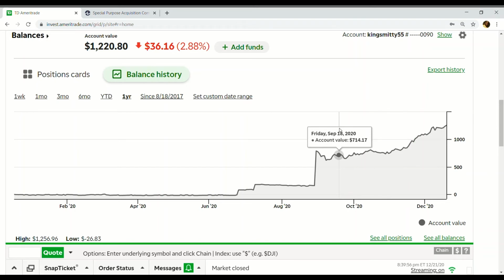Then I bought positions like Workhorse, with their news of the USPS contract for the new trucks. Definitely got a nice 70% gain on that throughout this run up. PLUG, the hydrogen play, got a run up of about 80%, 90%. And these are just small positions, like one or two shares at $30, or at that time like $16 a share. So I might buy like 3 shares, let it run up to like $40, $35, stuff of the sort.